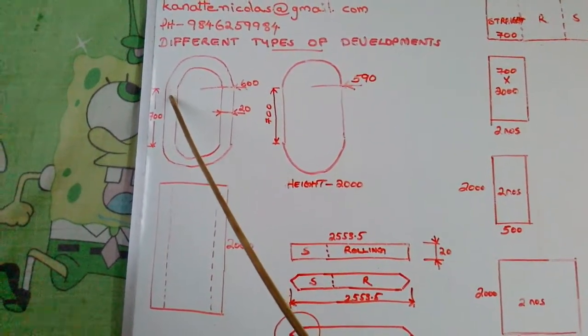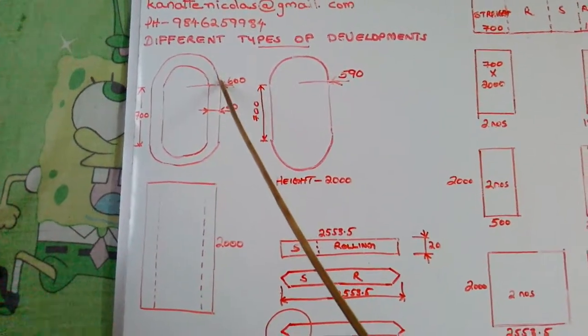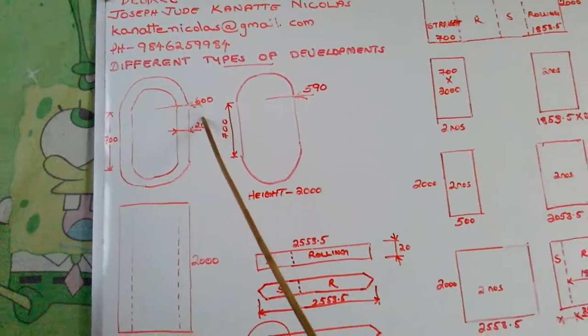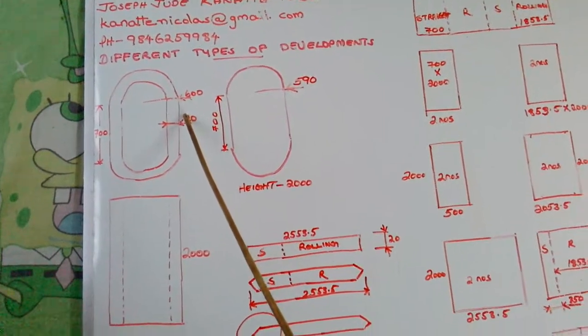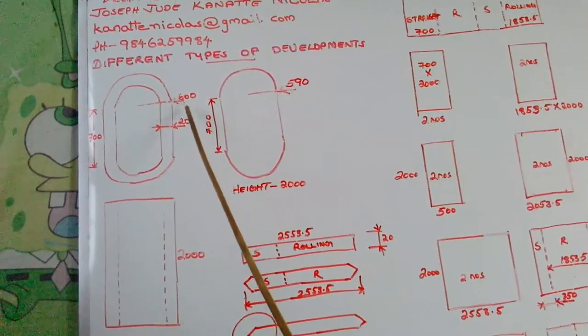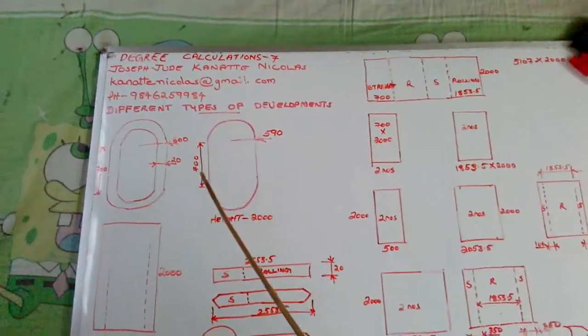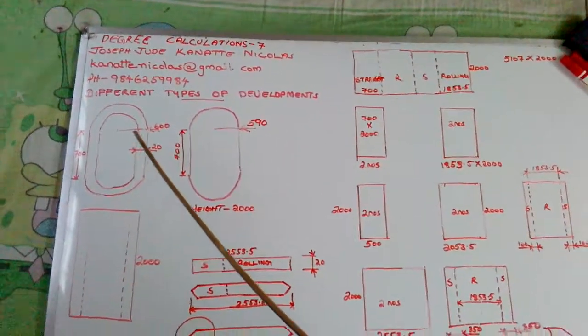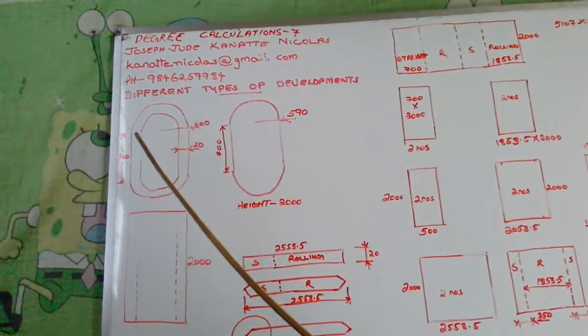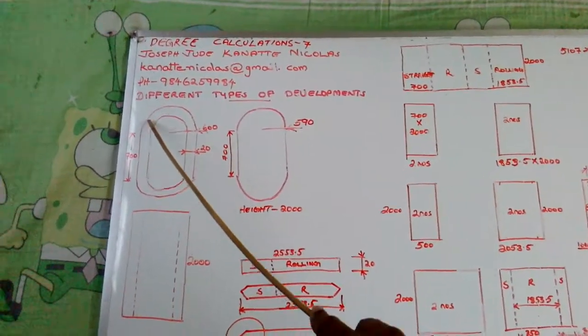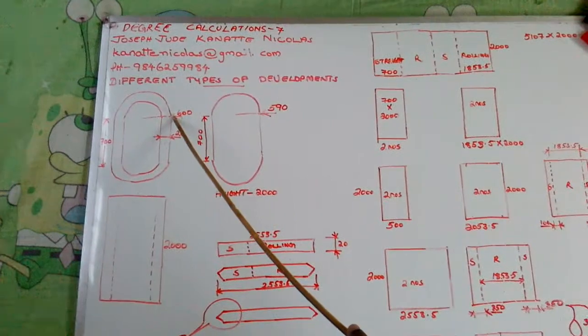100 mm extra we have to take here, 100 mm extra we have to take here. It means there is no need for us to hammer there, no need to bend there. We can directly roll, avoiding the portion of 100 mm. That is one method. So whatever perimeter we have used from here to here, with that perimeter we have to